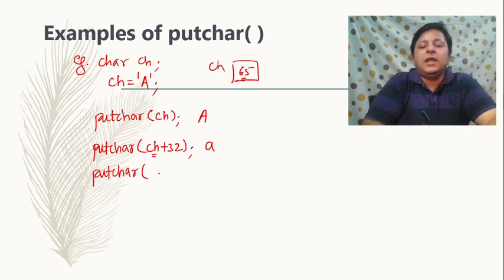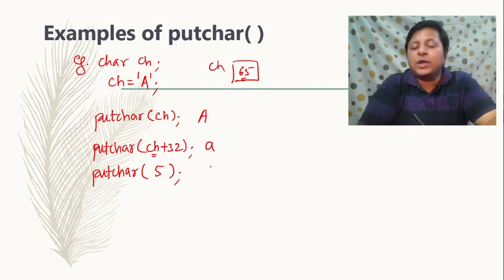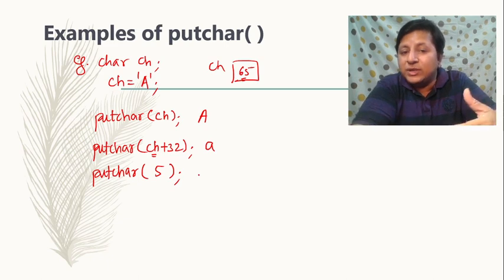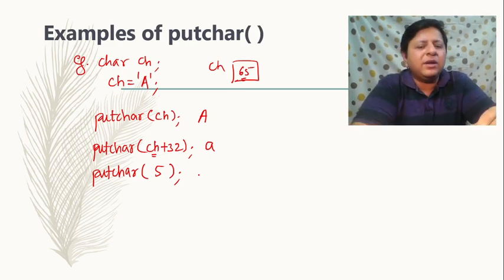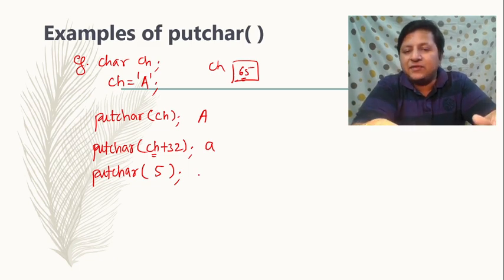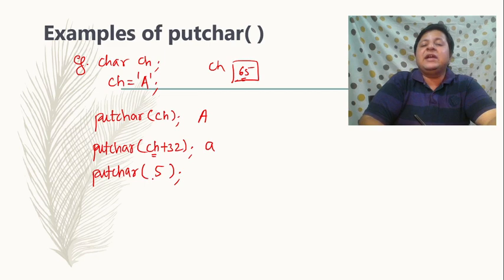If I say putChar, suppose I want to display 5. Now if I say putChar 5, I'm not going to get 5 on the screen. It's a good question what I would get on the screen. It will be such a character whose ASCII value is 5. You might be wondering why, since it's putChar within brackets 5. That 5 is not interpreted as a character. If you remember, when we learned character constants, I told you that characters are always represented within single quotes. So if I only represent this as a 5, it will be taken as an ASCII value. But when I put it as 5 in single quotes, I'll get 5 on the screen.